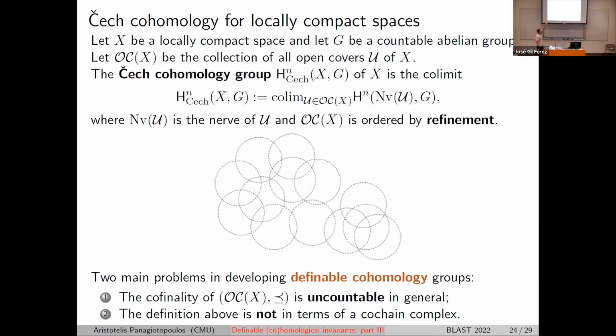The second problem is that the definition, as I gave it to you, doesn't come in terms of a global chain complex. There are many chain complexes, one for each open cover, and then you have to take a colimit. One can deal with both of these problems, but I think the solution to the first problem is more interesting. The solution for this first problem is basically to use a Baire space as a way to organize